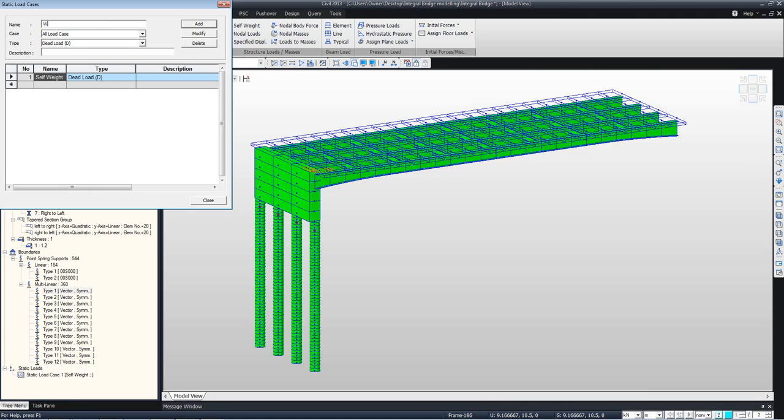Now wet concrete load, we will not apply the weight of the concrete automatically, rather we will apply the weight of the concrete before the composite action has taken place. So it will be applied as a wet concrete load on the steel only. So wet concrete load, add, and some other loads such as parapet load, again a dead load, add,